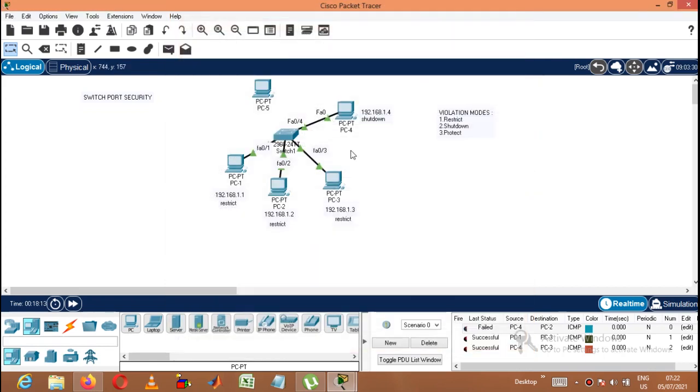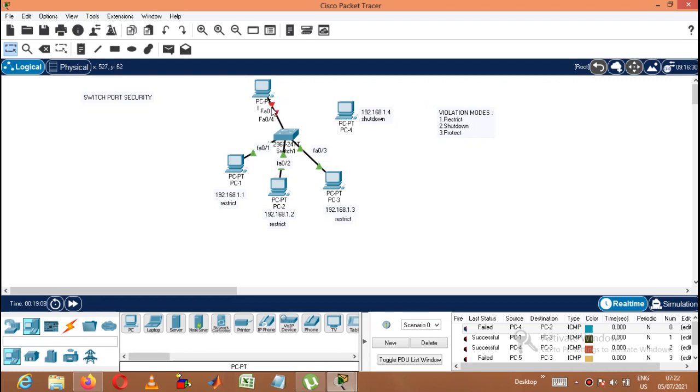Now it is taking the port. This port is taken and it is being connected here. Once it is done, now it will try to send a packet from PC5 to PC3. So it has failed. Immediately it has turned into shutdown mode.